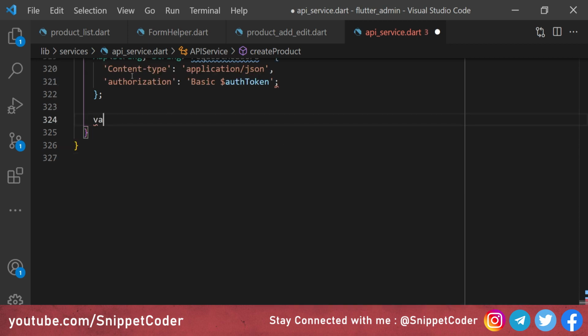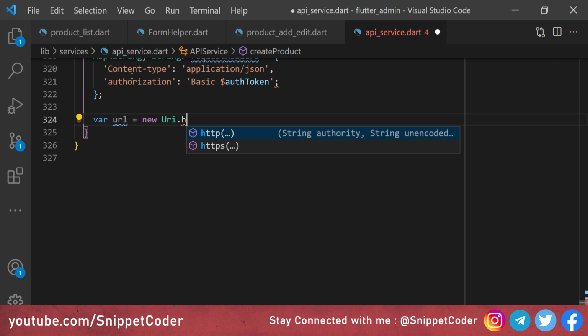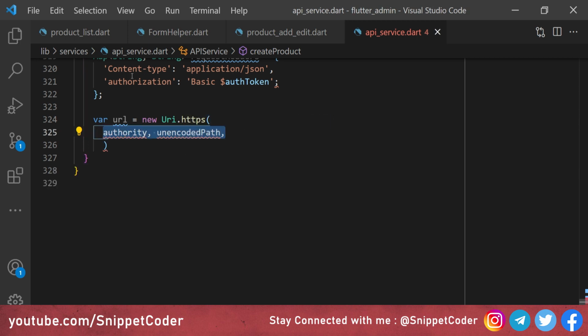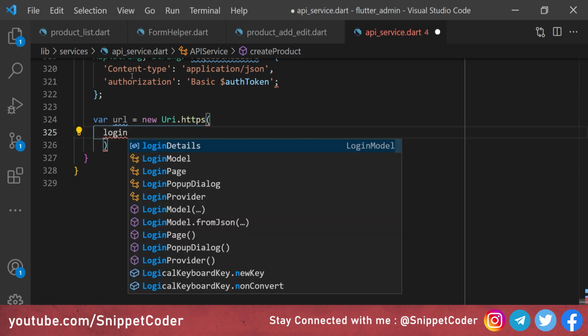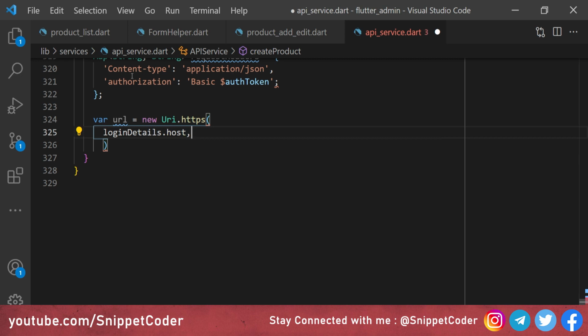Then here we have to create a URL, and we are using var URL is equal to new URI.https, and the first parameter we are using here is login detail dot host. Then we have endpoints here, and we are providing wp json /wc /v3 /products.